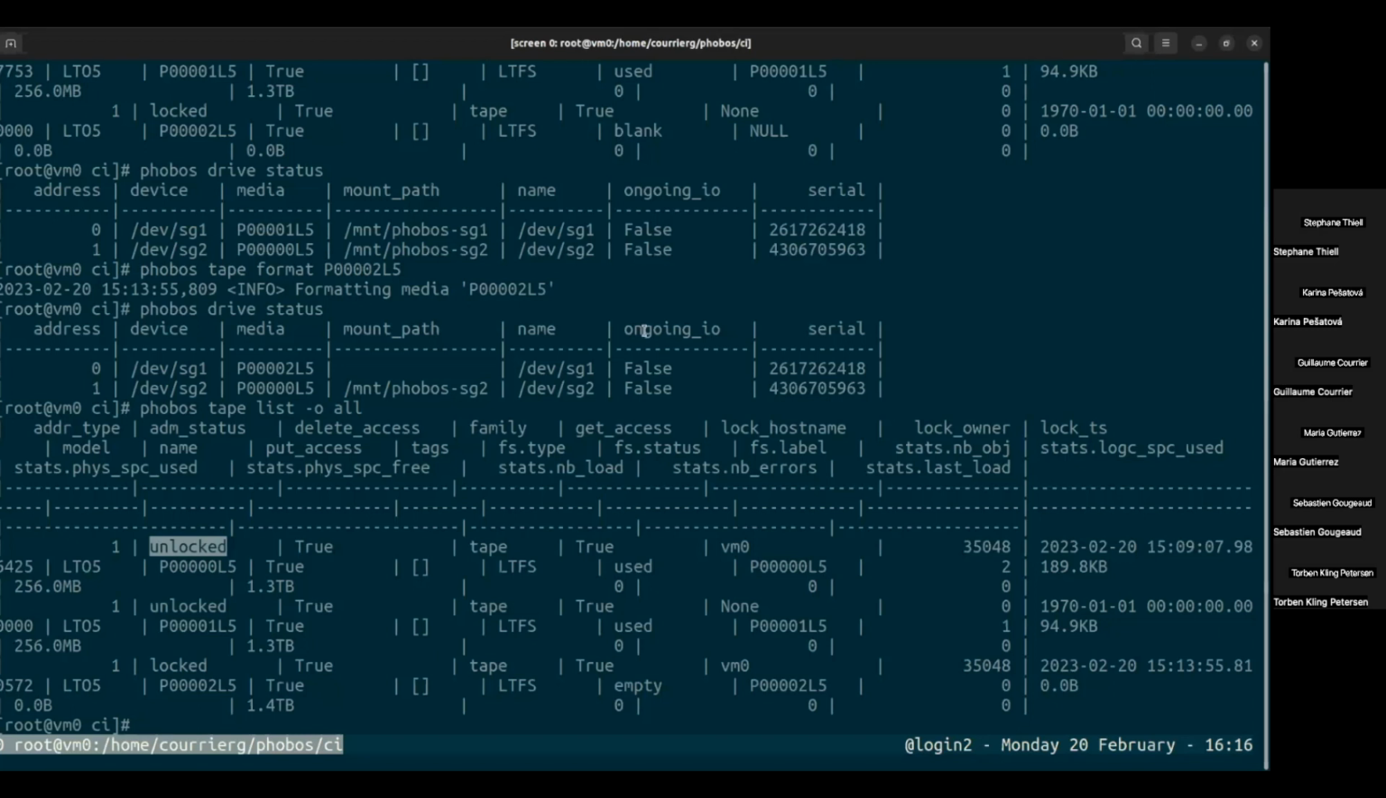So there's a question. Say you want to take a drive offline for service. You would just lock the drive with Phobos. What if it's in use with the current operations? Okay. So if you lock a drive, the Phobos drive lock command will send a request to the